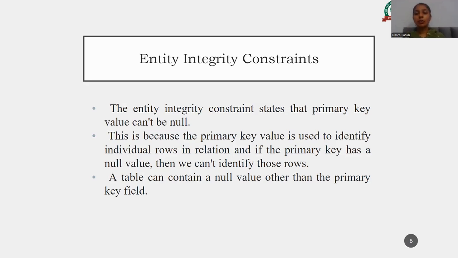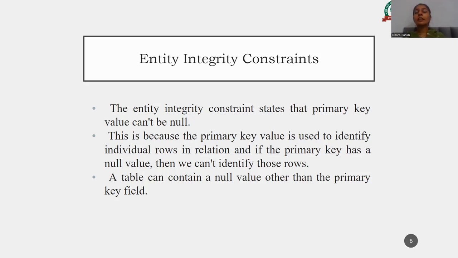We know that the primary key is used to uniquely identify rows from a particular table. Like a teacher who has to give a particular roll number to each student, which can't be repeated in that class. I can give roll number 52 to one particular student, so when we talk about roll number 52, only that student is pointed out, not another. So we don't want any empty roll number in our classroom. That's why the entity integrity concept tells us this.